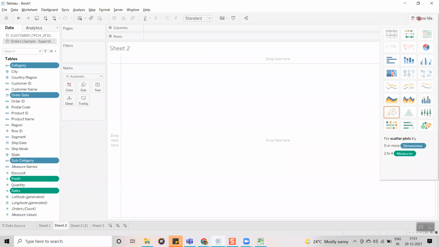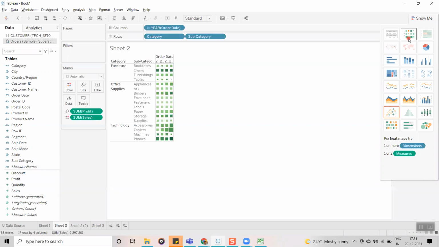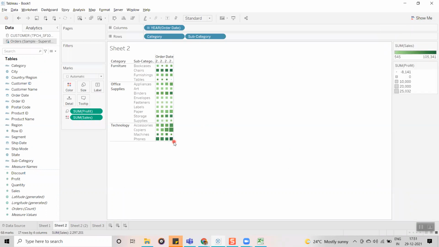Once I click on Show Me, you can see different visualizations. In that we have the heat map as well, so I am going to click on the heat map. Now let's see how it is going to represent. See guys, the same way whatever we have created, it is displayed the same way.